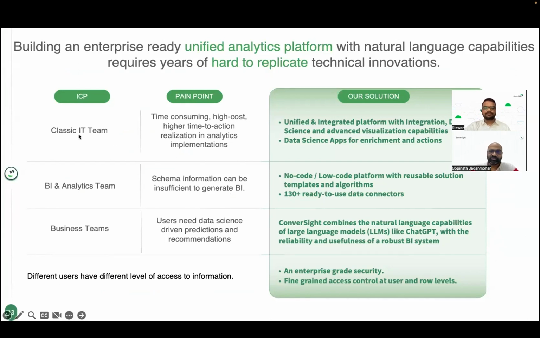We already have a lot of customers who have SAP as a data source. Not only SAP, but they are connected with multiple sources, and then we ingest that data into the platform and we provide insights. And to answer the question, yes, we do connect to all these external sources.